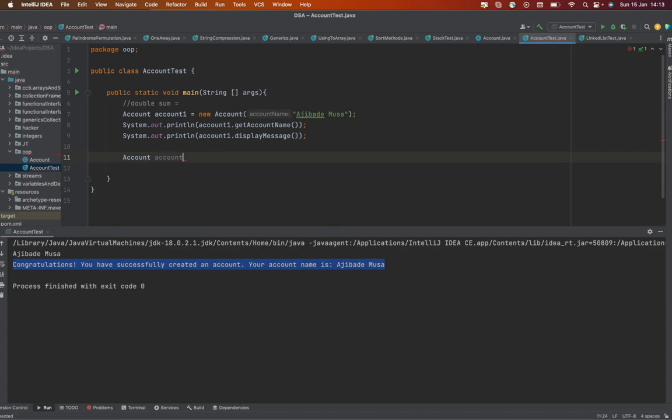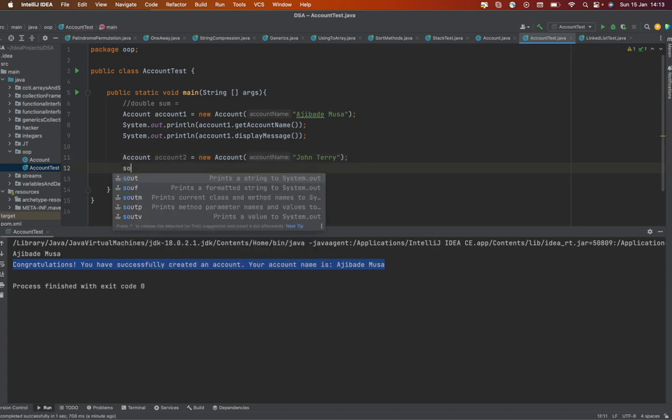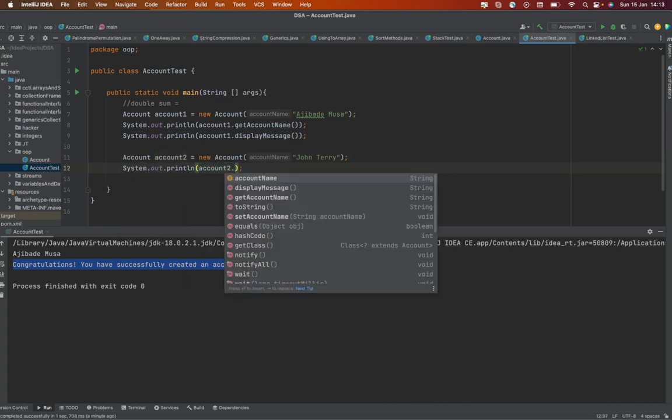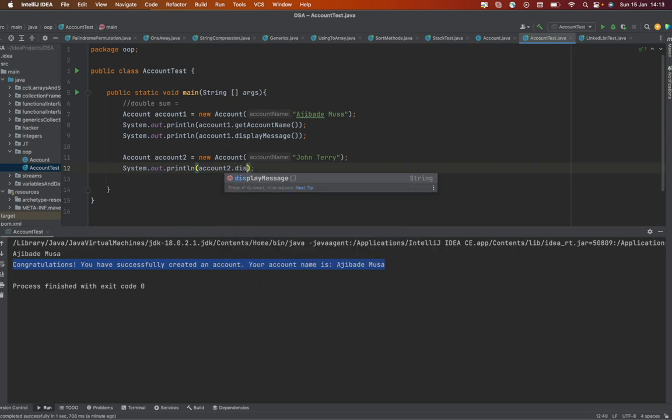You create another object like this, and then new account, and then let's say, for example, you say, okay, John Terry, former captain of Chelsea. So you pass this in here. So if I now call this guy here, I could just say account two dot display message. So if I run this now,